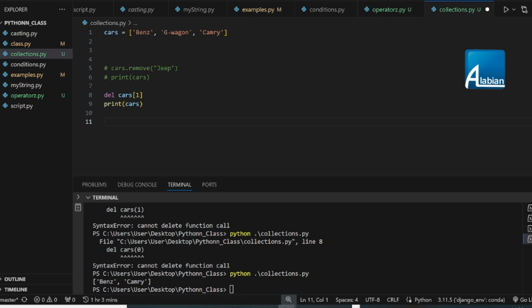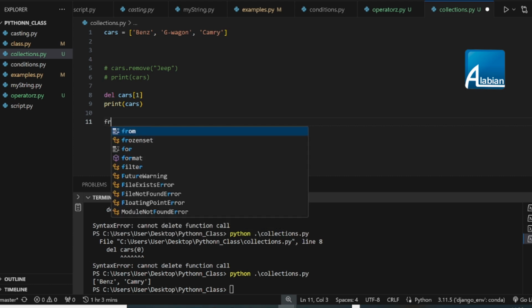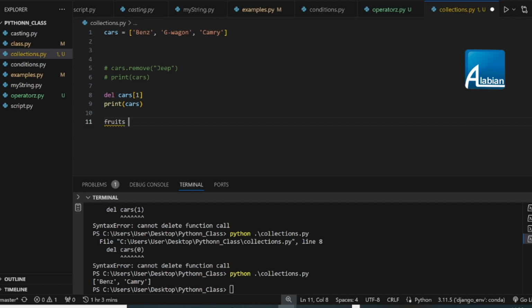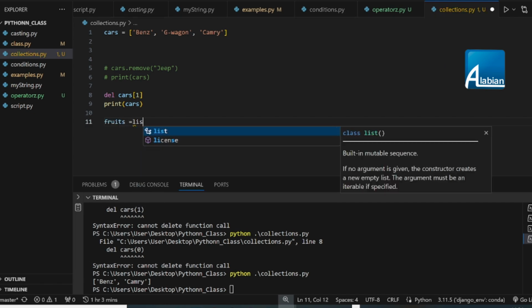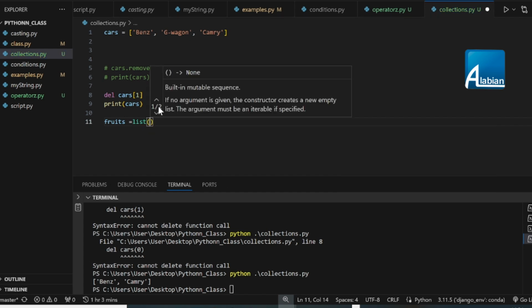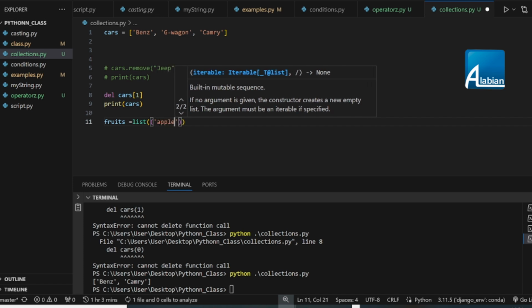Like initially I made an example, I actually passed in the square bracket, which denotes the list in Python. But now we're going to use a constructor to create this list. So I'm going to say fruit, then equal to, call list, and then the round bracket. This is the format in which we write a constructor, right? So I'm going to pass in the values which I want to put inside my list. For example, for fruit, I have 'apple'. Let me use a single quote. I have apple, I have